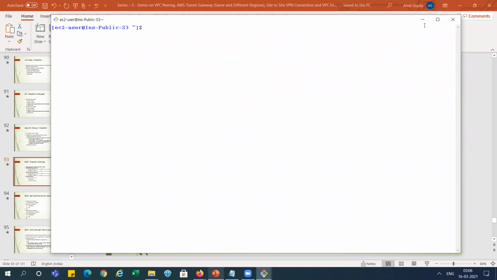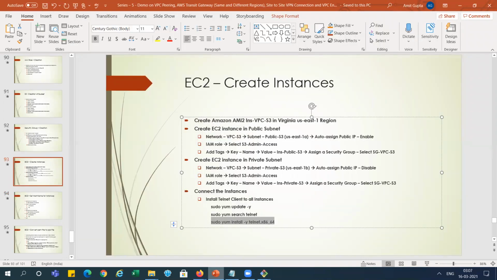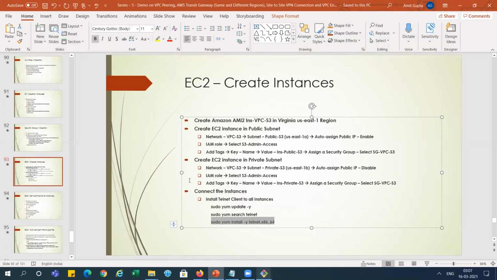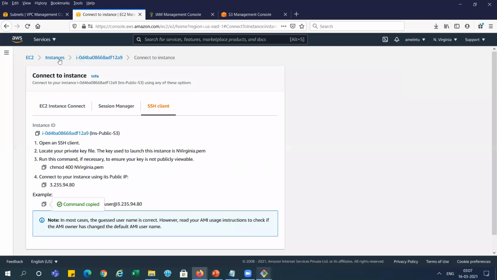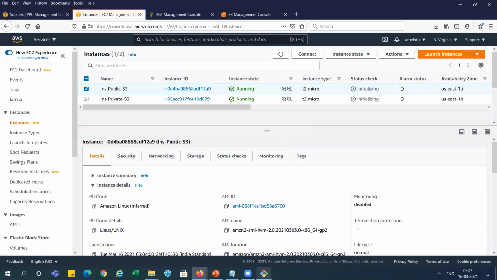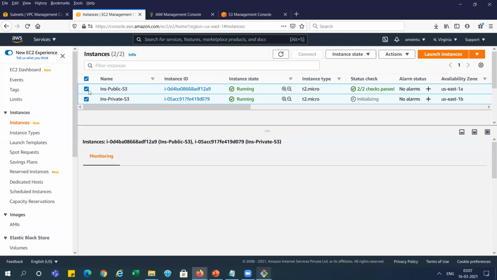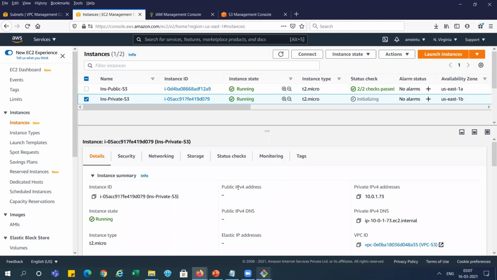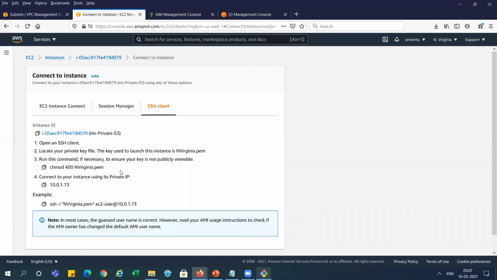It is ready. Now we need to connect with this private instance, right? So go here again, new browser, and we can go to the PEM file and try to connect directly from the public IP. You can see here, this is the instance. It doesn't have any public IP over here. It contains only the private IP, right? So if we try to connect here, it is showing the private IP, so we're not able to connect, but we need to check it, right?